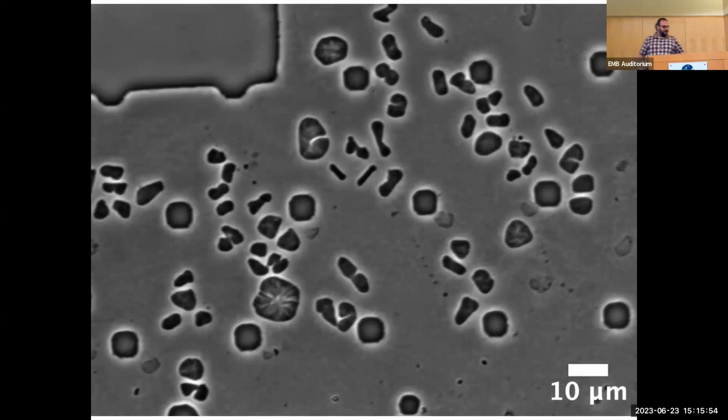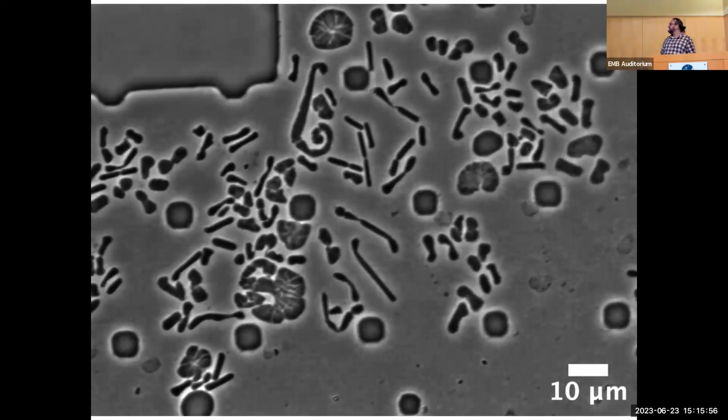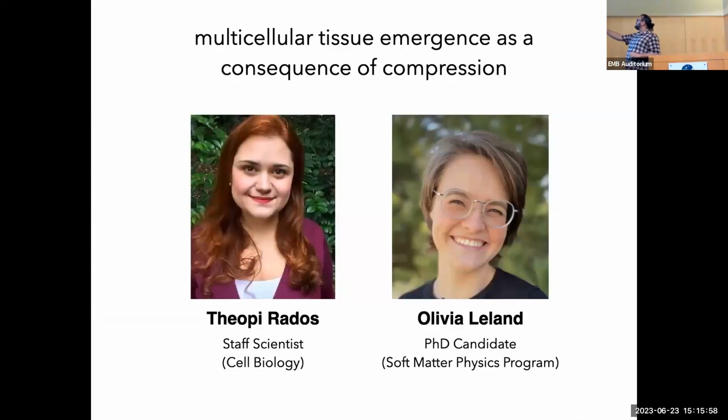But this is not only the mechanoperturbation that we are studying. This is a project between a staff scientist, Teopi, and a PhD student, Olivia, that they are studying how confinement and compression of the cells, different than shear, help them and push into a developmental program that make them tissue. They are now multicellular. They have cell junctions and everything else that you would expect from any eukaryotic or animal